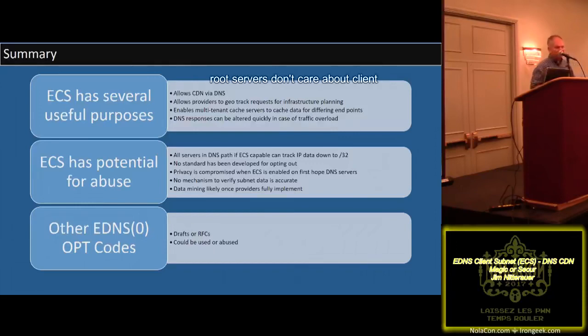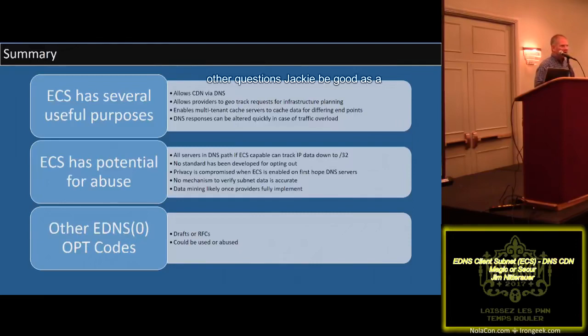But if you send directly to the root servers, they don't care about client subnet, and they're not going to support it anytime soon. So forward to a known DNS server from your AD server, or forward to the root servers, right? And if you're forwarding to known servers for security reasons, don't forward to the root servers, because the root servers will always answer, right? So I don't know if I answered your question. We can talk about it more afterwards. I don't know if I'm understanding quite what you're asking me, but we can talk about it.